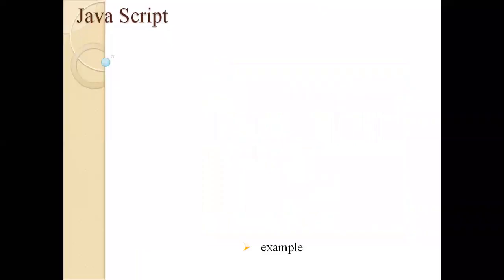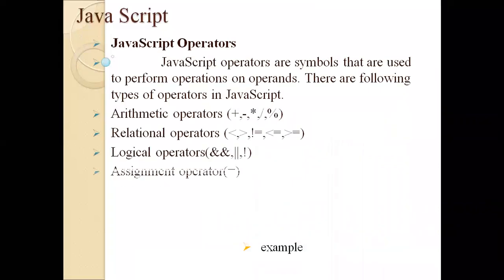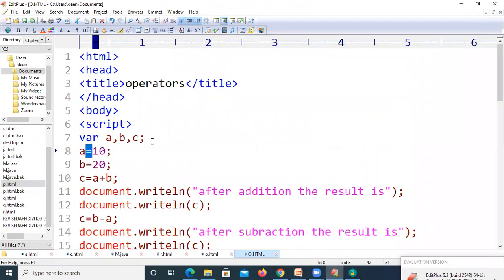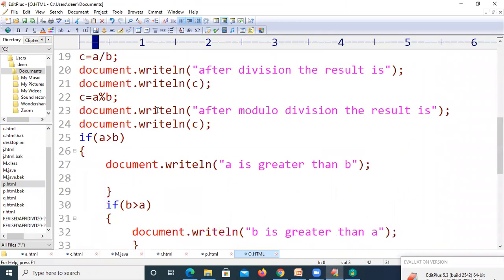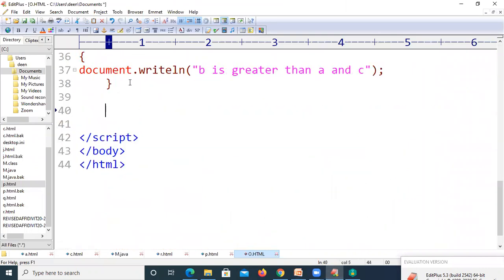Next one. After the assignment operator, we have increment and decrement operators. We all are very familiar with these operators. For example, here what I want to do is write A++ and B++.